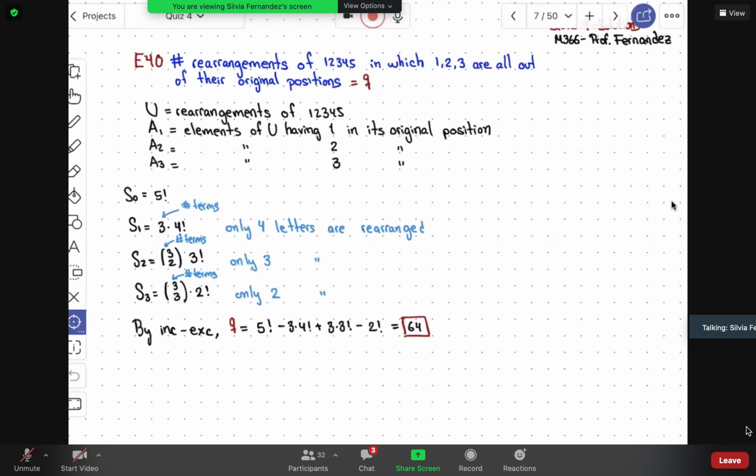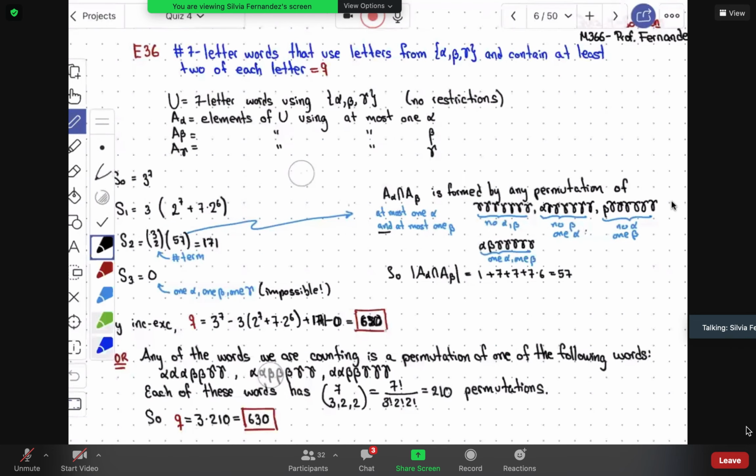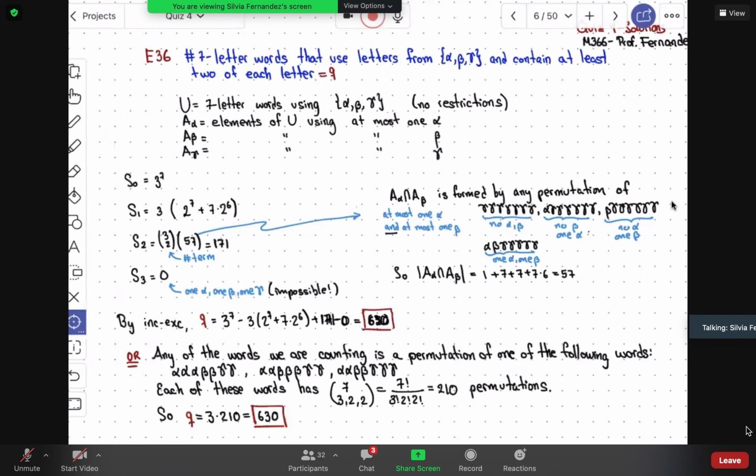So these are rearrangements. Oh, here's one. This is also another possibility of that easier counting, same sizes for each. This one. So here, in this one, you can take a closer look later. All these solutions are in Canvas. You see how I still have 3 sets. These are 7-letter words using the letters alpha, beta, and gamma that contain at least 2 of each letter. So these are still